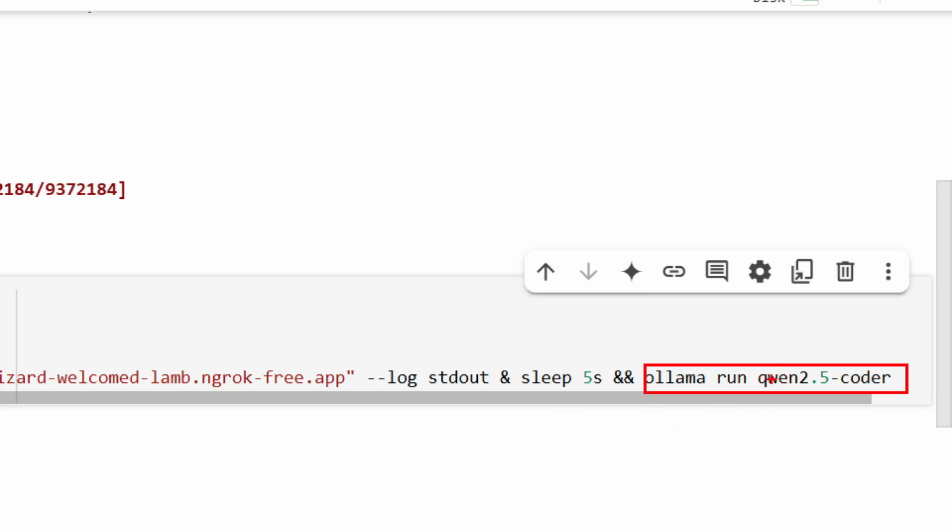Finally, see, this is one of the ways we can run whatever model I want in this Ollama server, so I can simply run ollama run with the model name, like Qwen 2.5 Coder or any of the models you like. This is actually optional, you can skip it here, and later on I'll also show you how we can connect this to our local